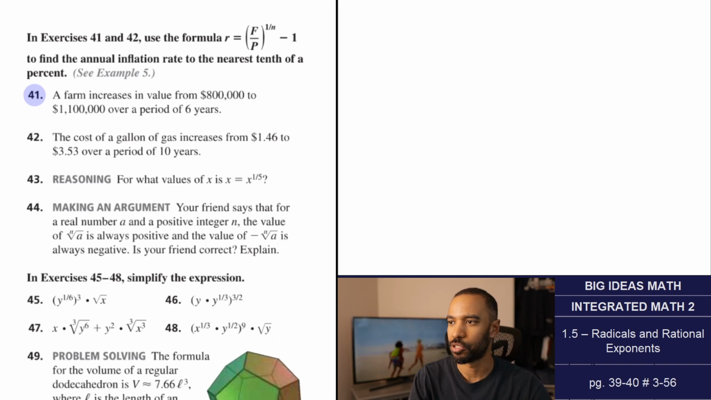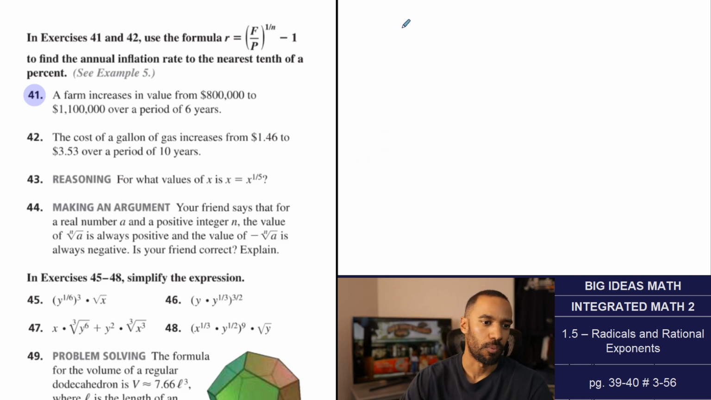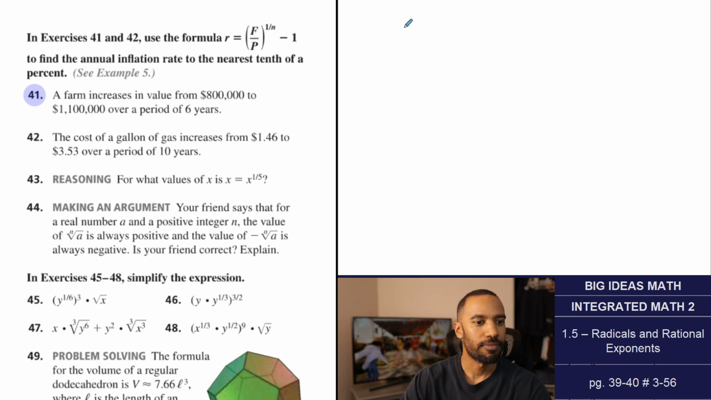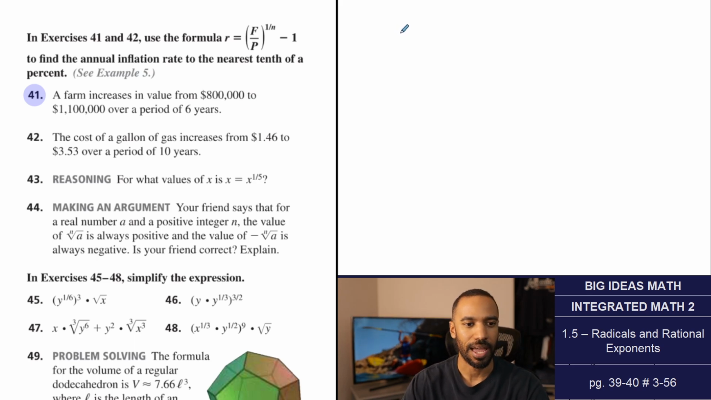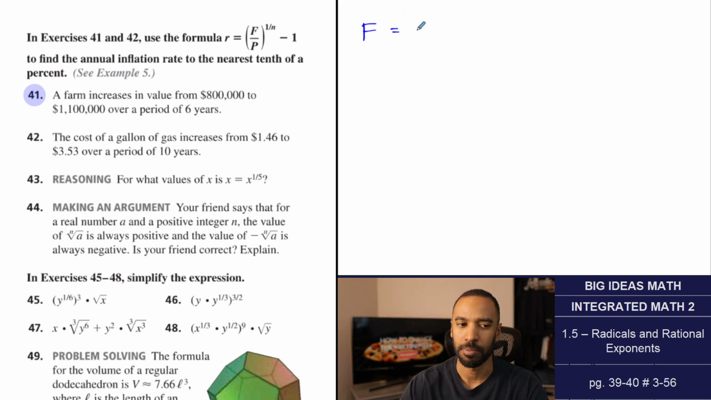Numbers 41 and 42. Now, I showed in the lecture portion how this formula comes to be from something else, but we are going to go ahead and use what's here. Use this formula to find the annual inflation rate to the nearest tenth of a percent. And by the way, we have to convert this from decimal to percent form in the very end. A farm increases in value from 800,000 to 1.1 million over a period of 6 years. So the F is the final amount. That will be